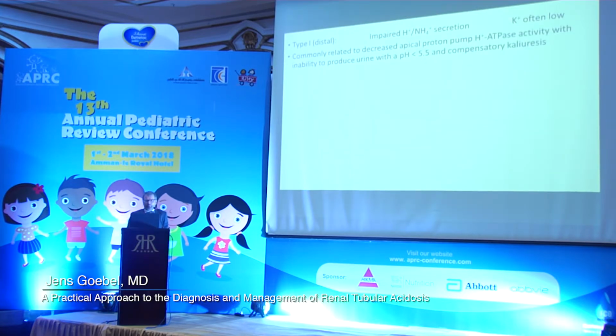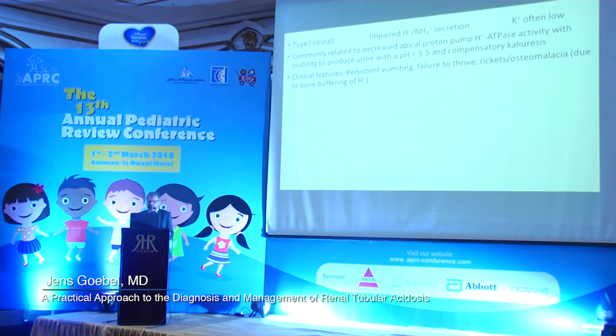Type 1, as I mentioned, is commonly related to decreased acid secretion in the distal tubules, and that has something to do with altered H-ATPase activity, and that then basically prevents the ability to really acidify the urine, meaning to drop the urine pH below 5.5, and that in turn induces kaliuresis, meaning increased urinary potassium,